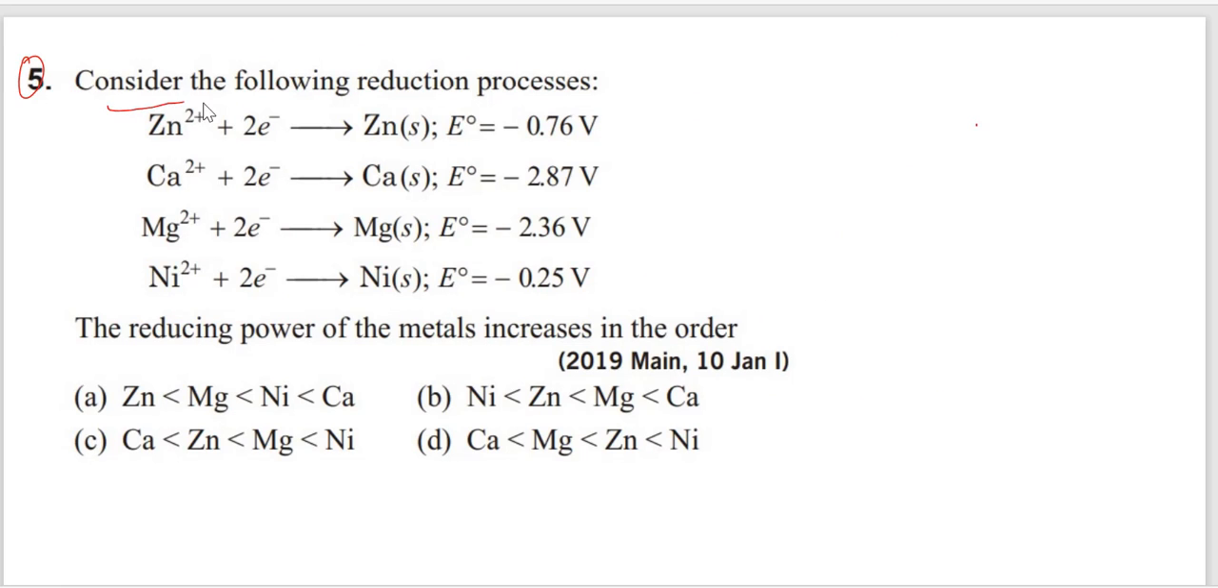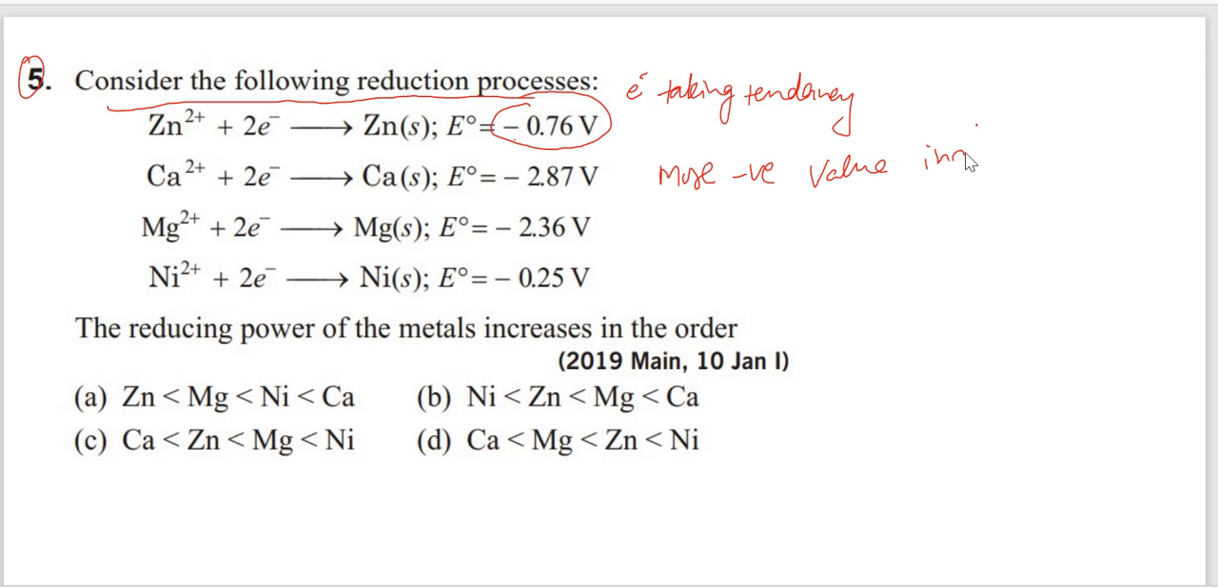Next, consider the following reduction process. See, these all are undergoing reduction. So ये value क्या है? This value is telling about electron taking tendency. See, electron taking tendency positive है तो exactly electron taking tendency, but here negative is there, means more negative value indicates losing electrons. Instead of taking, losing electron